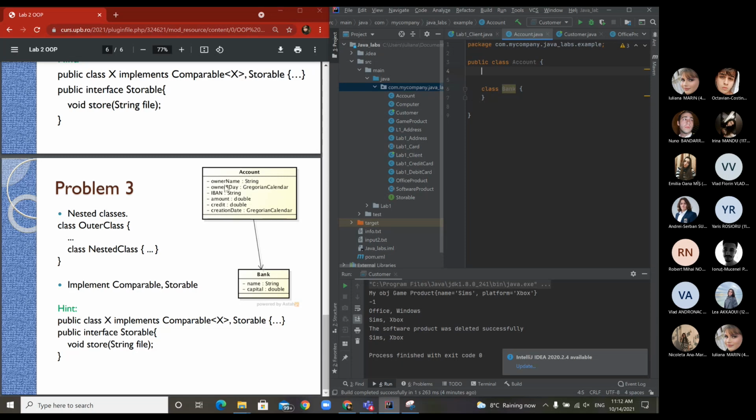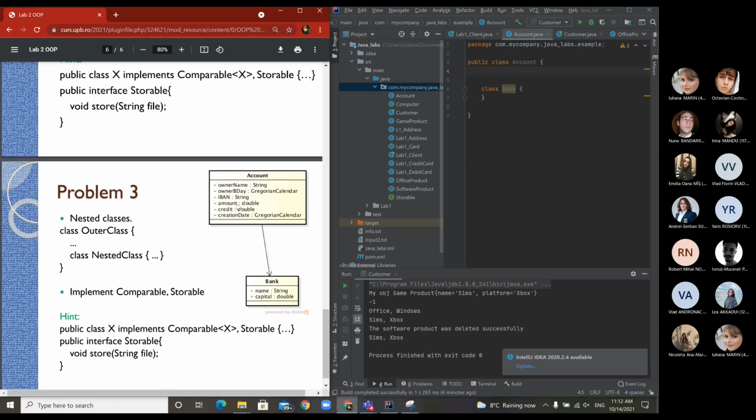Now, an account is characterized by name, owner, birthday, IBAN, and so on with minus in front. This minus means that it is of which type? Which is the type when you have a minus in front? This minus in front means that